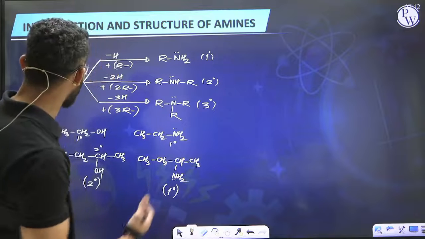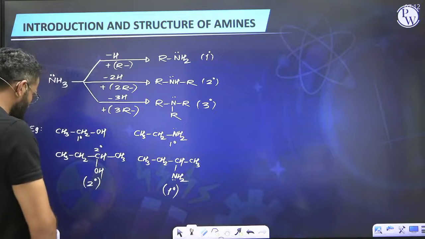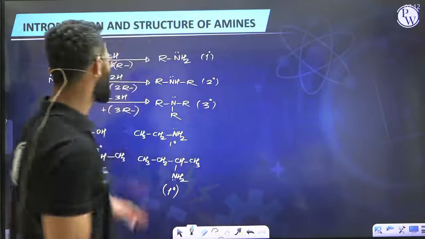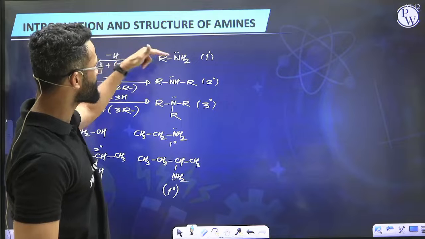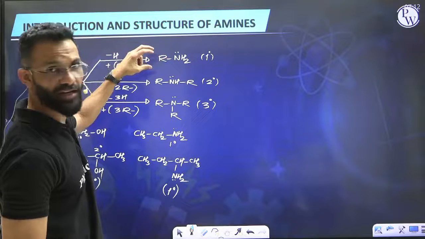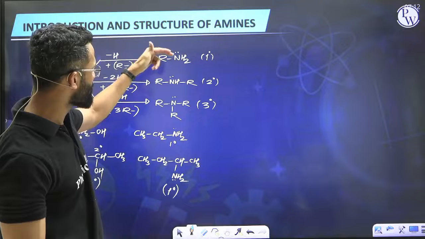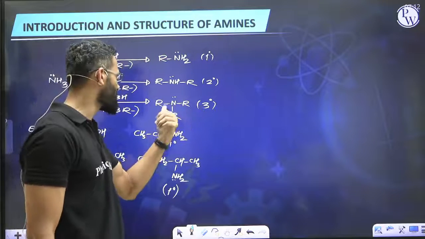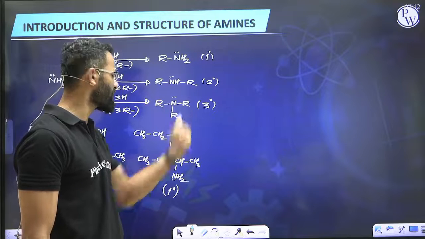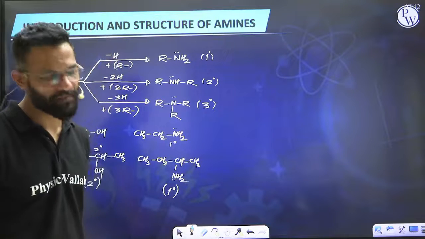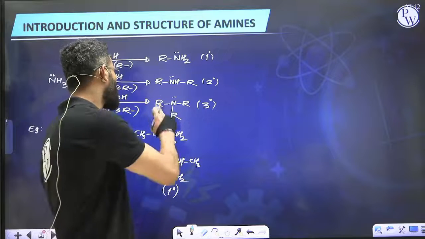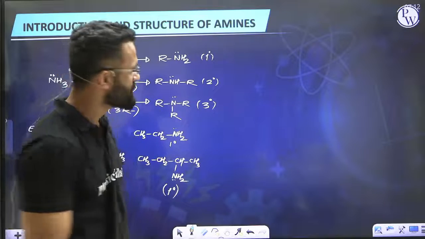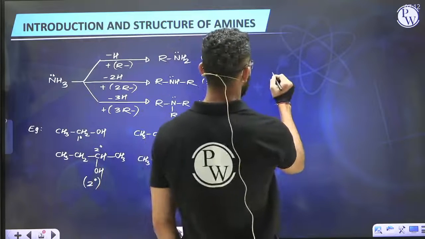Alright guys, so that was the introduction of amines. Now let's talk about the structure of amines. If you look at all these amines, you will find they contain a nitrogen atom with at least one alkyl group. Of course, we are talking about amines, and the remaining valencies are satisfied by hydrogen. Let's talk about tertiary amines. In tertiary amines, you will see nitrogen is connected to 3 carbon atoms and 1 lone pair. So considering that these alkyl groups are aliphatic alkyl groups where the lone pair is not in conjugation with any atom, it appears like this, nitrogen